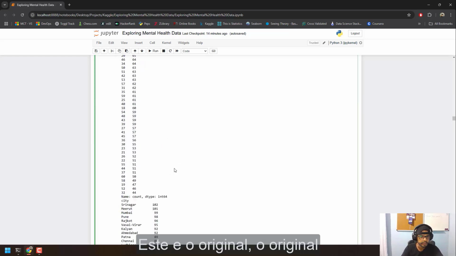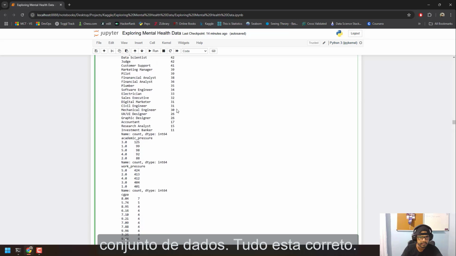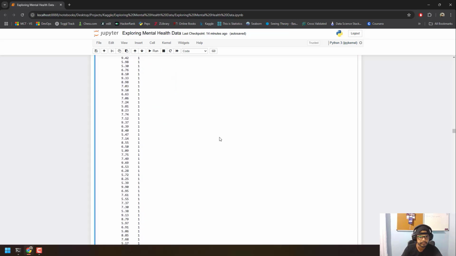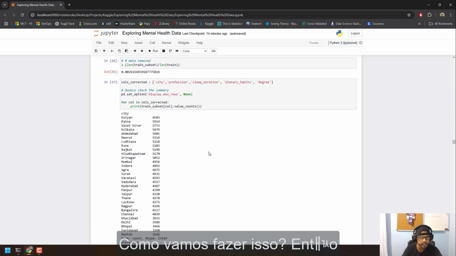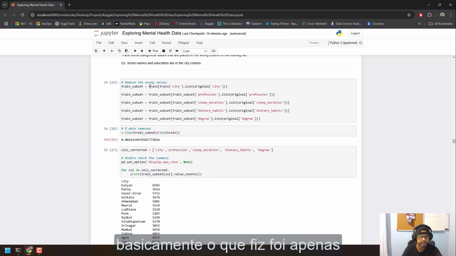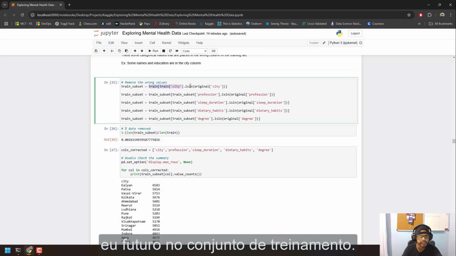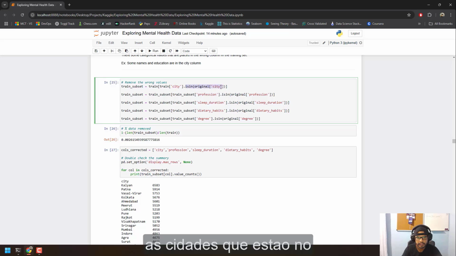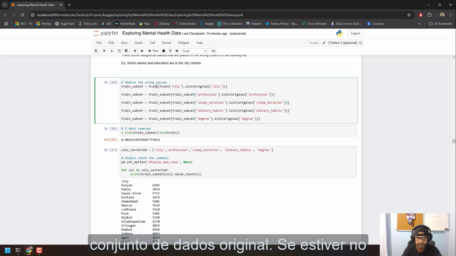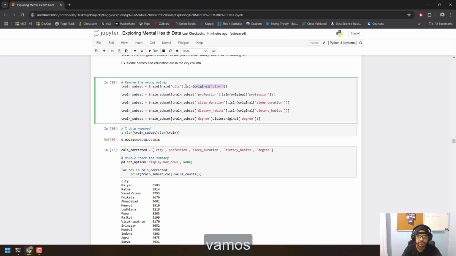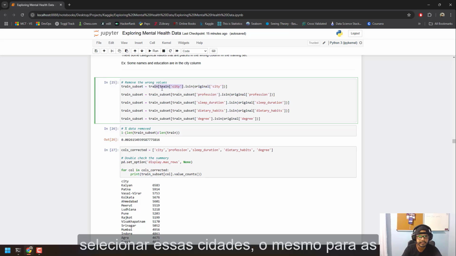So this is the original data set. Everything's correct. How are we going to do that? Basically, what I've done is filter the training set. For example, for city, I just filter the cities that are in the original data set. So if it is in the original data set, then we're going to select these cities. The same for the